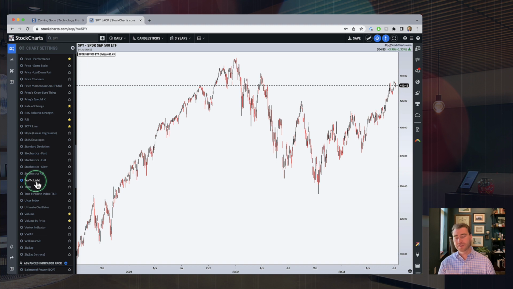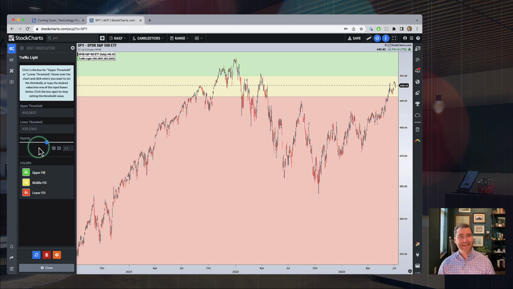Now this is unique to StockCharts. You have technically been able to do this simply by drawing different colored boxes on your charts. You could probably do that on other platforms. But I think that we are the first platform that I have seen to build this in as an indicator, as a tool that you can add to your charts without having to worry about drawing boxes or coloring things in different ways. So what the traffic light is intended to do, again, is draw those bullish, bearish, and neutral